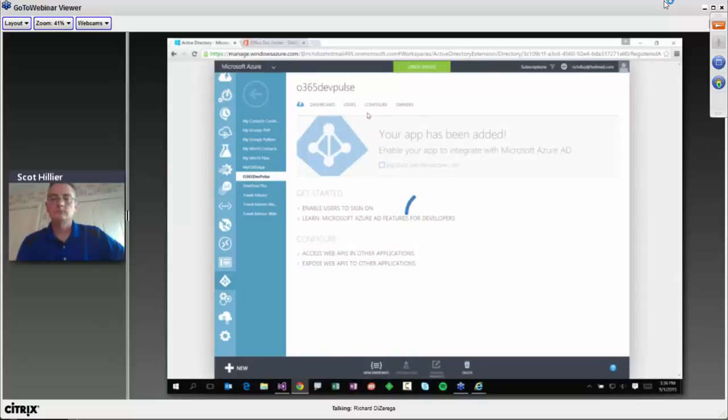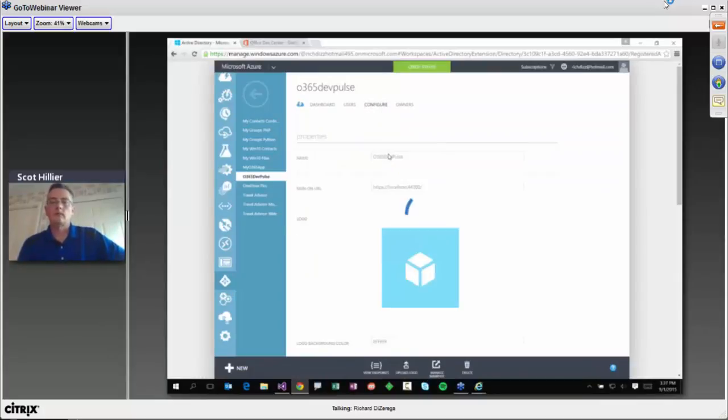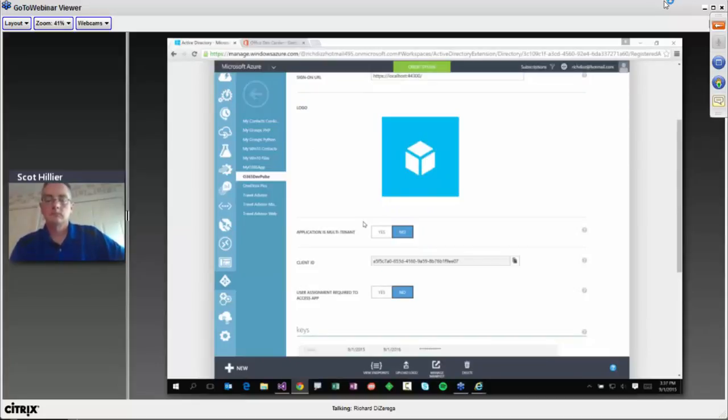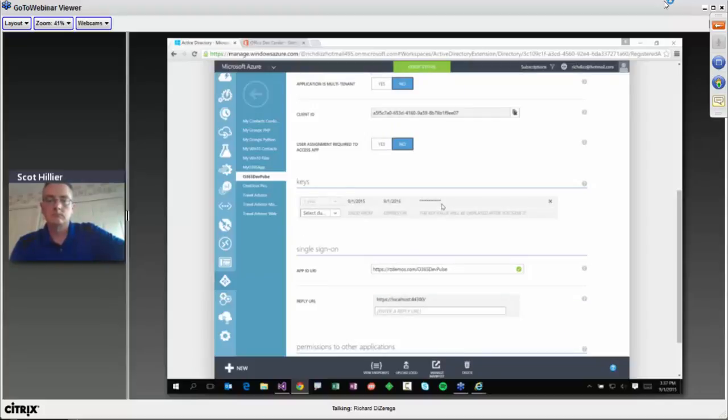And so I will go in here for just a moment, and if I go to the Configure tab, this has all the details, a lot of it that you don't necessarily have to worry yourself with. So it has things like an application identifier, which uniquely identifies your application across everything in Active Directory. It has something called a key, which we'll look at here in a moment.